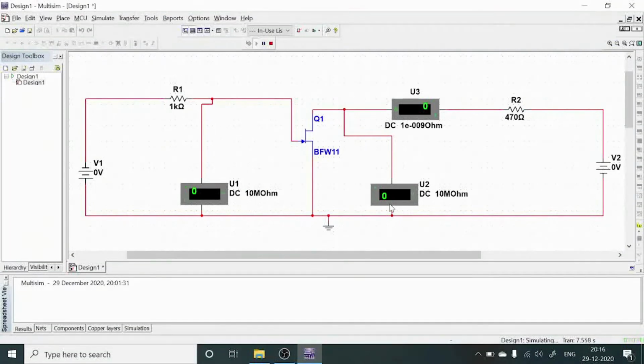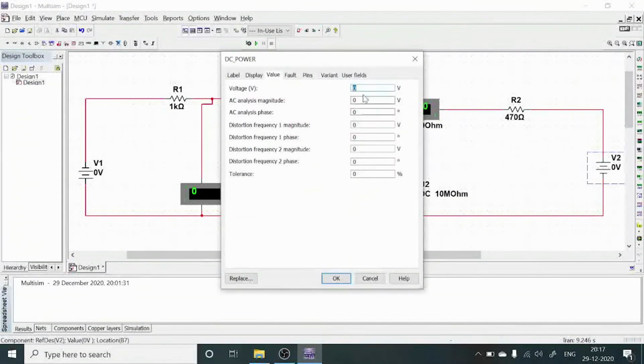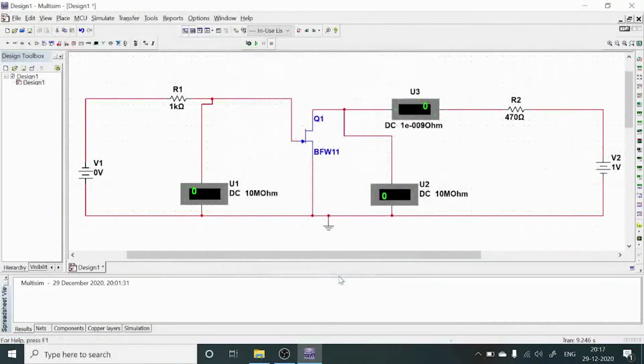Then in the next case, we need to change the biasing voltage across this drain terminal. For this, first you stop the simulation by using this red button, then double click this one. Here I am going to select 1 volt, then press OK. Then again, choose the run button or F5. Then you observe this.